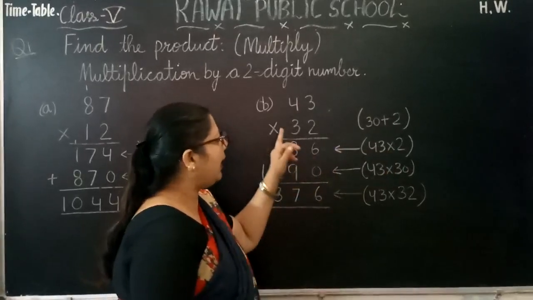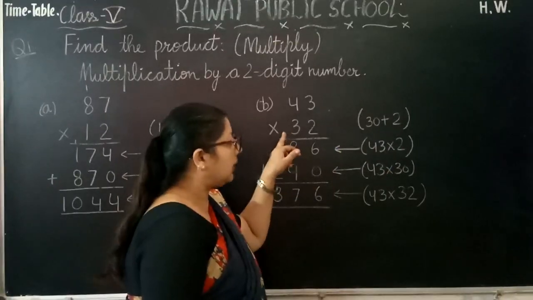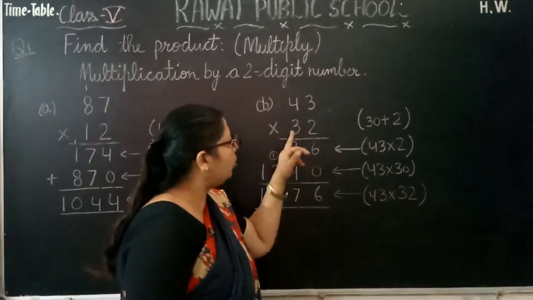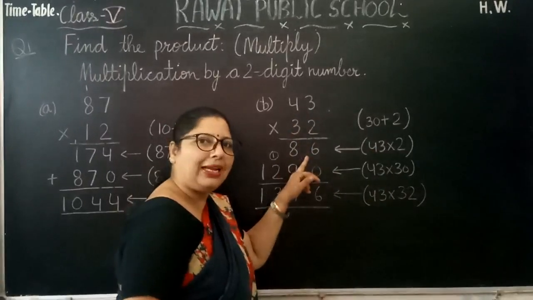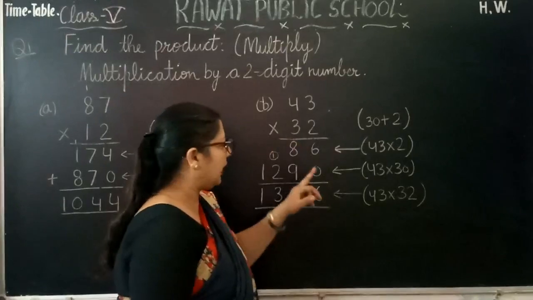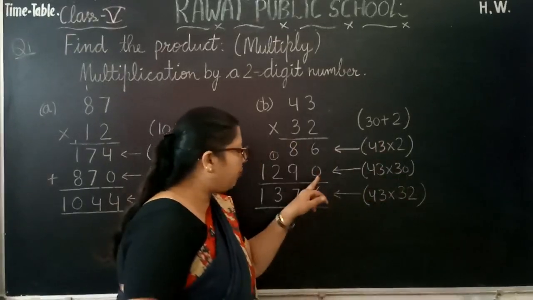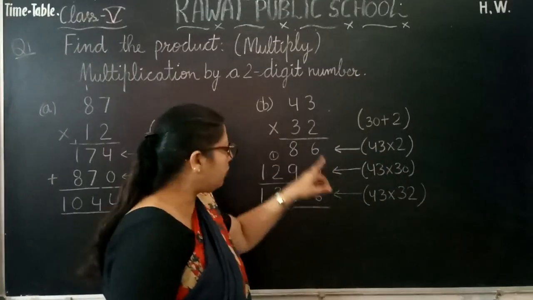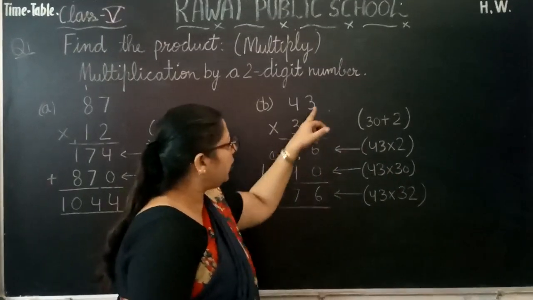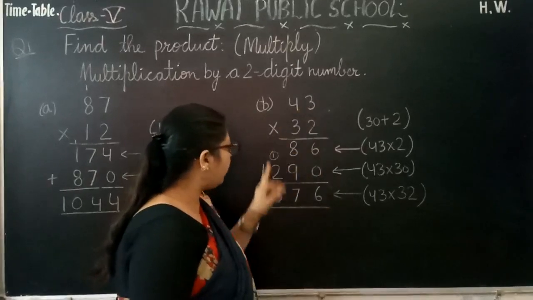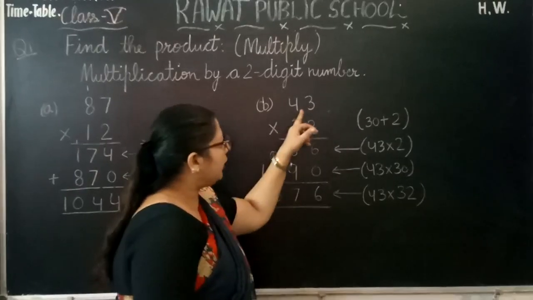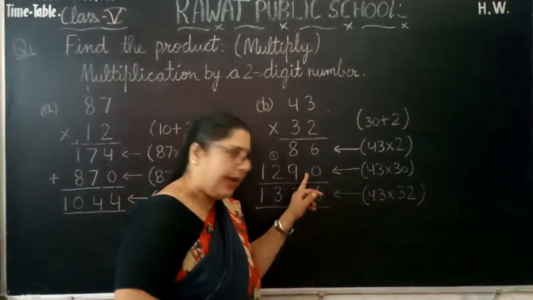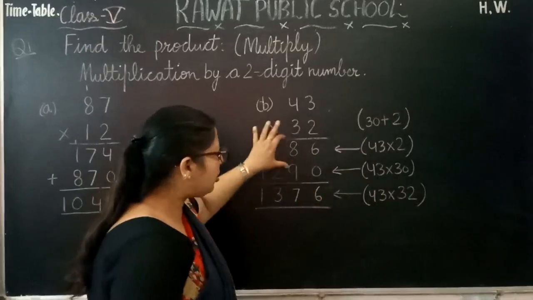Then we multiply by the tens number. The tens number is 30. So this is 32. So we have multiplied by 2 here. Then again we multiply by 30. 30 means this 0. We put this 0 here. So now what will we multiply by? By 3, because we put the 0 here. Then 3 threes are 9 and 3 fours are 12. So 43 multiplied by 30 is equal to 1290. So add these two products.